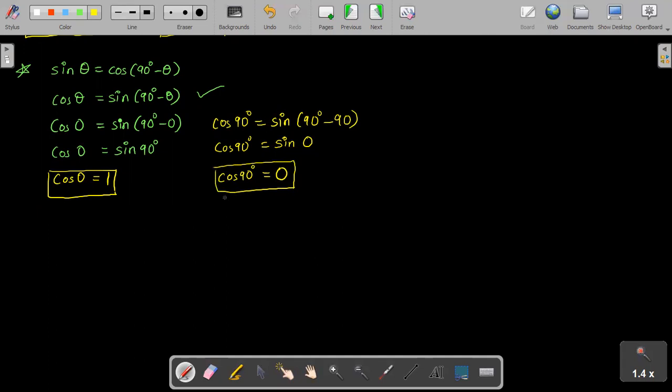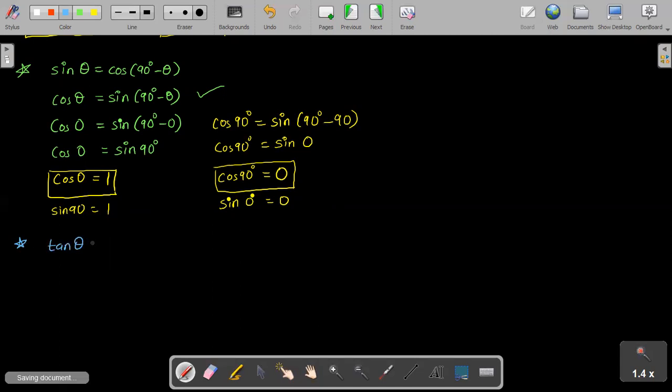Okay, so here you can compare those ratios. Sin 0 degree is 0, cos 90 is 0. Sin 90 is 1, cos 0 is 1. They both are linked with each other. So you can remember it in this way also. If sin 0 is 0 and sin 90 is 1, cos is just the opposite. Cos 0 is 1, cos 90 is 0. So in that way also you can remember. So these are some things. And one more thing, the last point, 10.